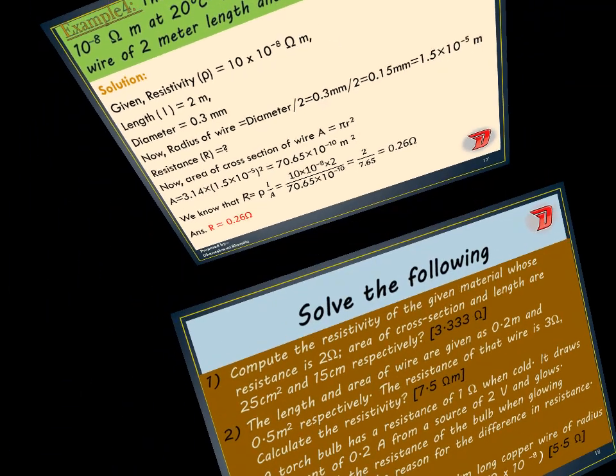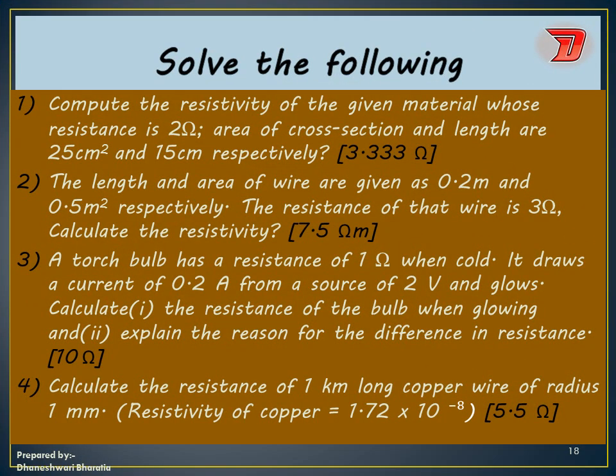Okay, so that was all about resistivity and the factors on which the resistance depends. These are the 4 questions I have given you for practicing. The example sums also you have to do, these 4 sums also you have to solve, and even the example questions are given in your textbook also. Okay, so those 4 example questions also you have to do it in your book only one time. Okay, not 3 times. Please do it on your own, do not copy.